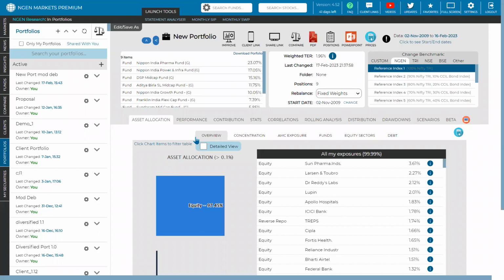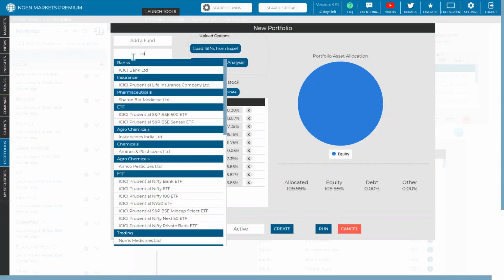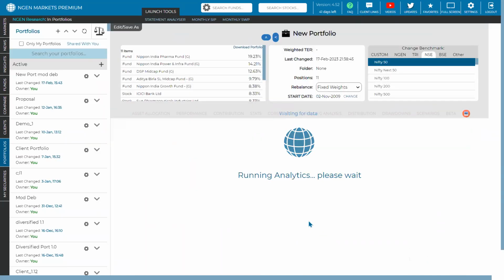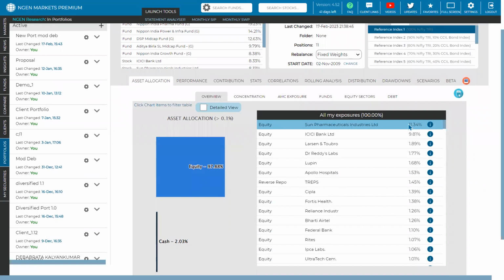So here, we are going to add one stock to get more idea about how the asset allocation works in engine markets. Let's say you click on edit and save, and I'm adding Sun Pharmaceuticals, and I'm adding another stock, which is ICICI Bank. So let's say a portfolio has stock-based exposure along with the mutual fund as well. So you can add in those particular stocks. Once it is added, once I run this, you can see those funds are being added based on the asset allocation. Now you can review effectively that Sun Pharmaceuticals is one exposure which is coming from stock and also